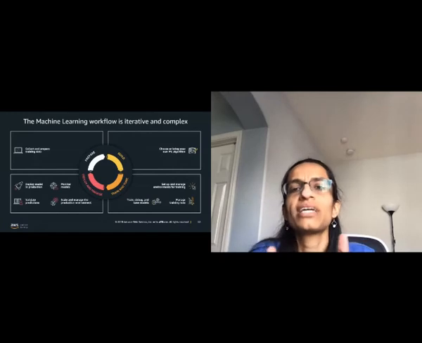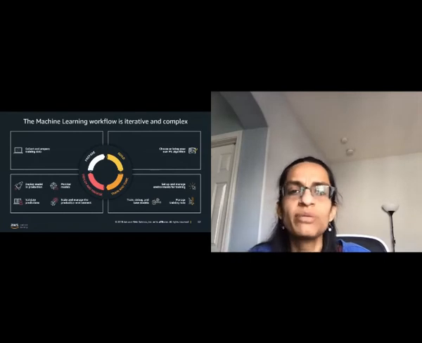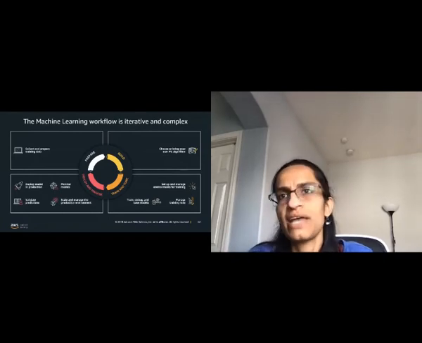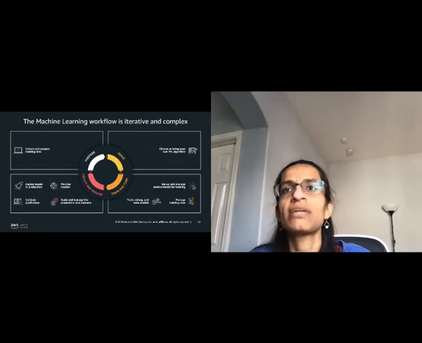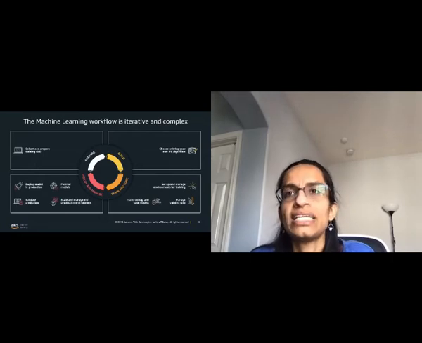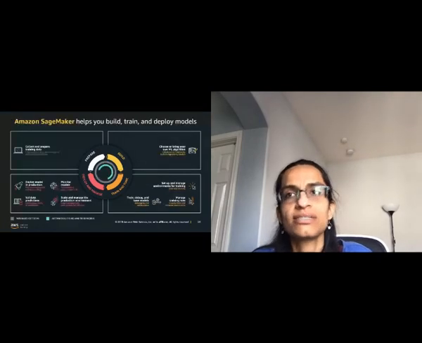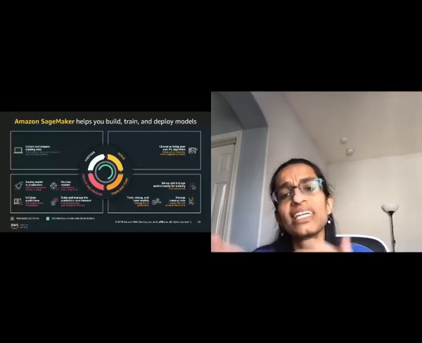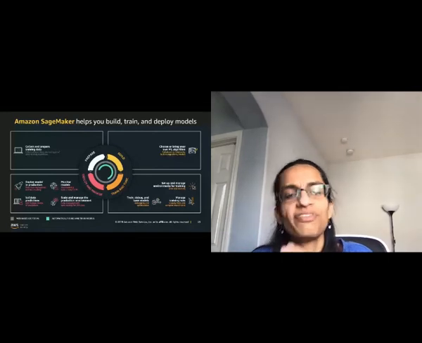So Amazon SageMaker is a fully managed service that removes that heavy lifting from each step of the machine learning process. It brings a lot of tools together through an IDE, or integrated development environment. So you can test, debug, deploy, and even monitor and profile, all in a single environment. Since launch, AWS has regularly added many capabilities to SageMaker, and these have helped developers build custom machine learning models. So you have the flexibility to build a custom model based on your requirements fairly quickly with SageMaker.